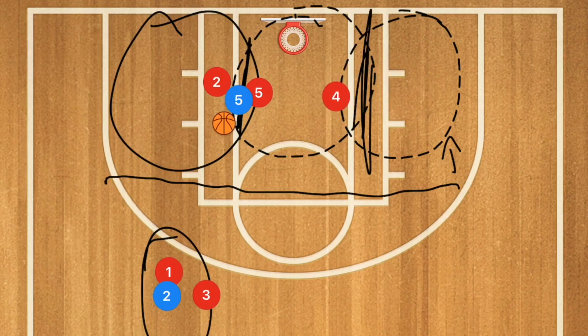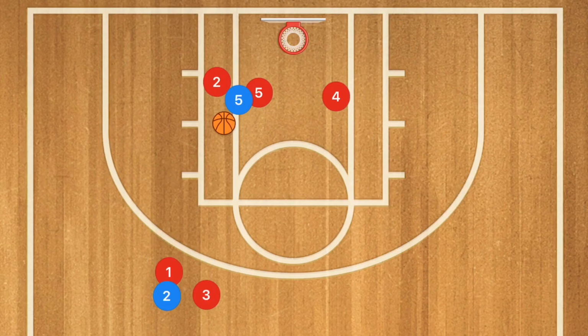Player 4 will then come in to defend the other side basket so that there's no players cutting down the middle of the key or the far side of the key to get a nice easy layup. That is player 4's responsibility to cut off. Now, the way you can practice this in your next practice to be able to let your team run this